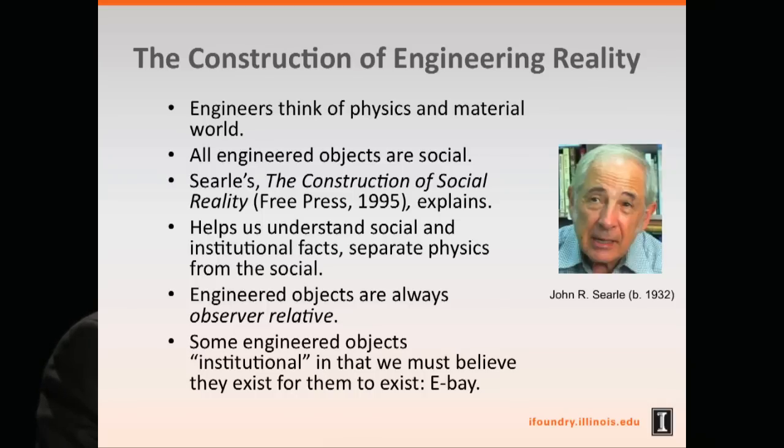But once we move from those physical properties to functions, we're on a different ground. When we start to talk about the function of a chair, for example, we're talking about something that's social. Our notion that something has been made to sit in depends on the existence of an observer who can